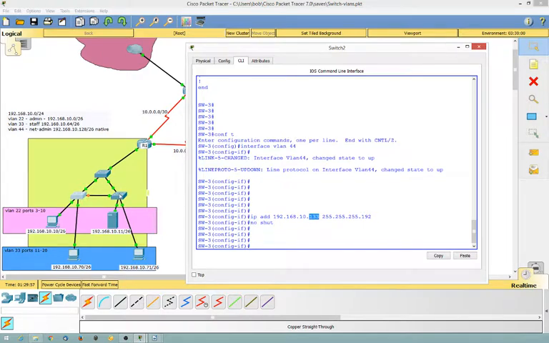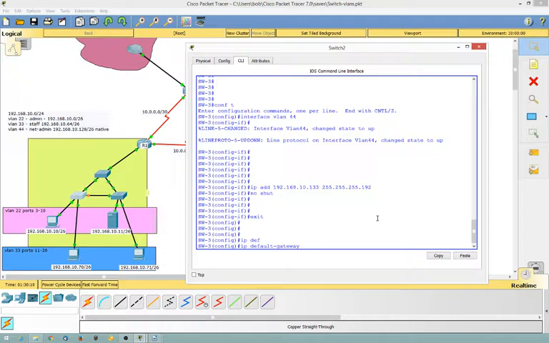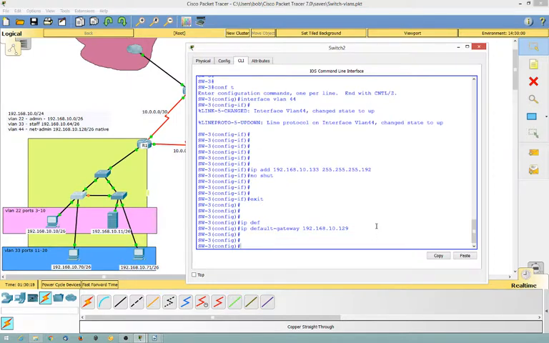I'll make this one 132, 131, and my gateway, which I need to add in here if I want to manage it all. IP default gateway 192.168.10.129. Sorry, I said 192.168.129, again, mouth going before the brain. So that switch is now fully configured. So let's pop over to